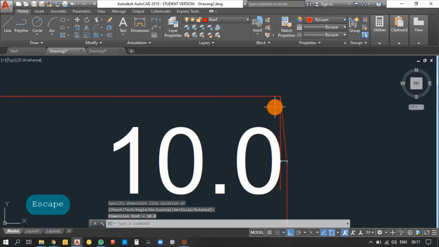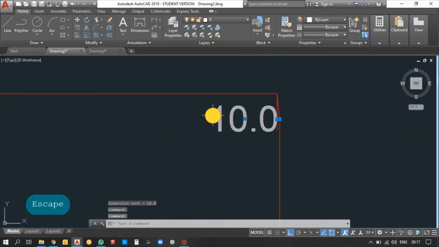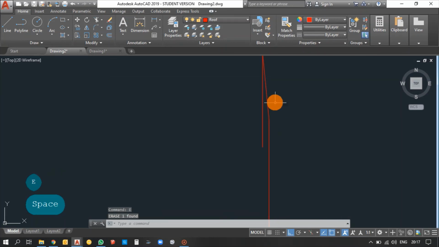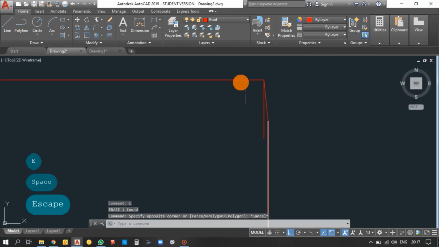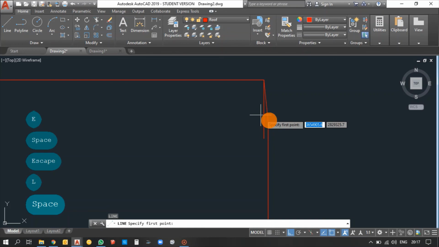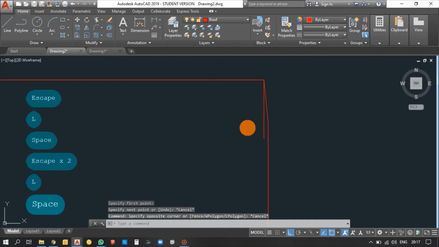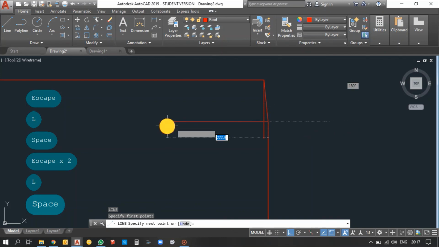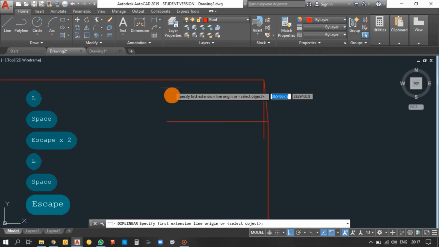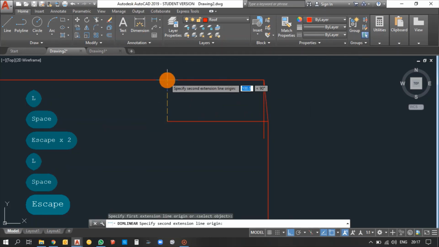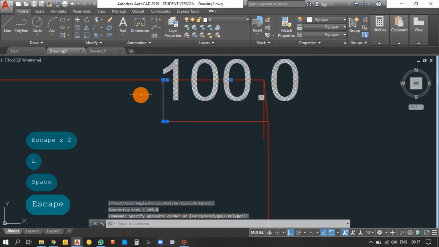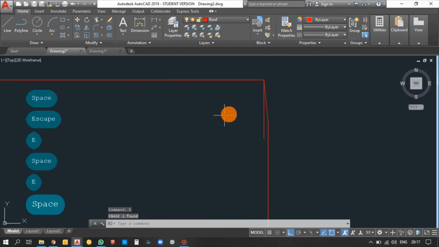So it drops 10 mm. Same way this line drops 100 mm parallel to this line. So you can see. You can check the distance now. So it will be 100 mm. So this is the difference between fillet and chamfer, and you can use them whenever required.